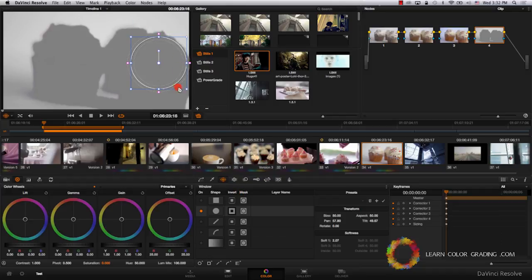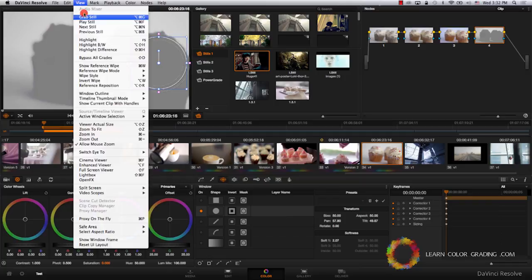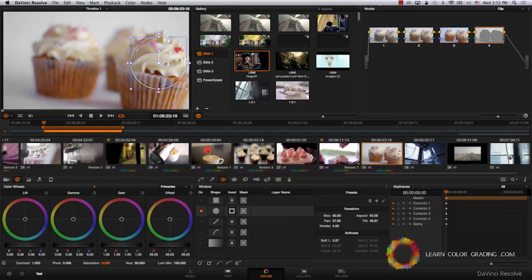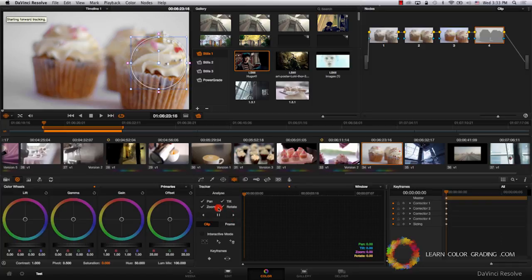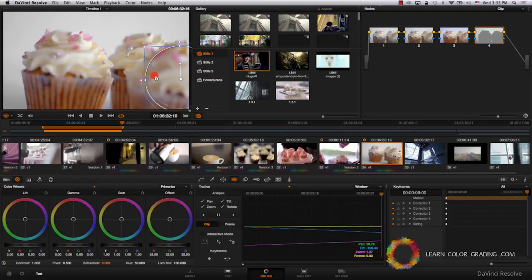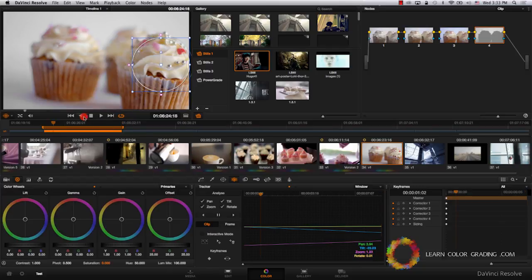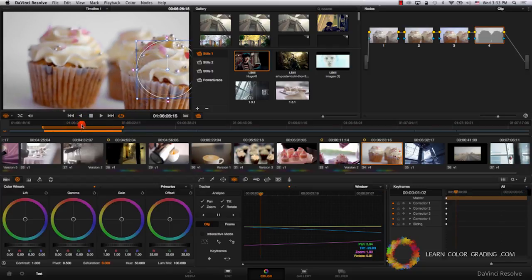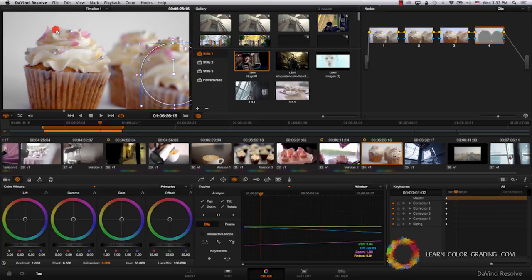And of course we can track the window. Now let's turn off highlights mode. Let's track this window first. Going to come to tracking here and track forward. Okay, we have this window here to remove some of the extra selected colors, and we just removed the cast in the background. Now what I want to do now is to actually try to get the pink colors here